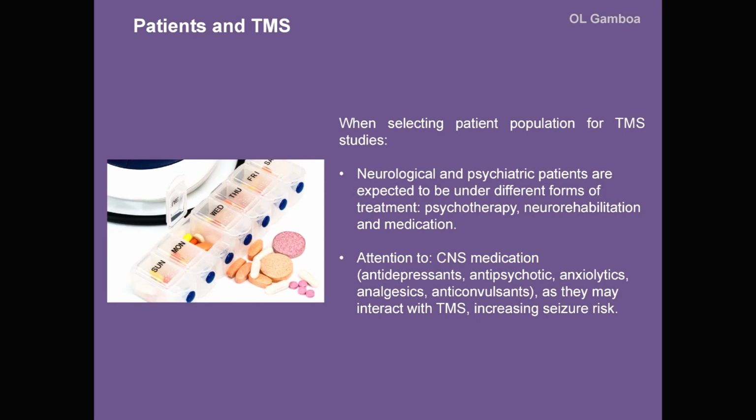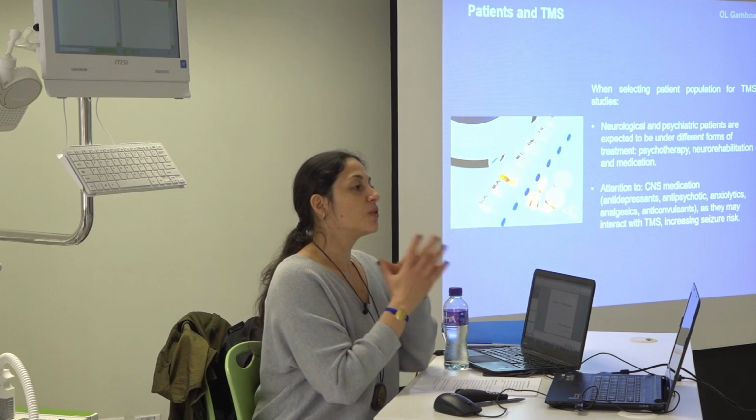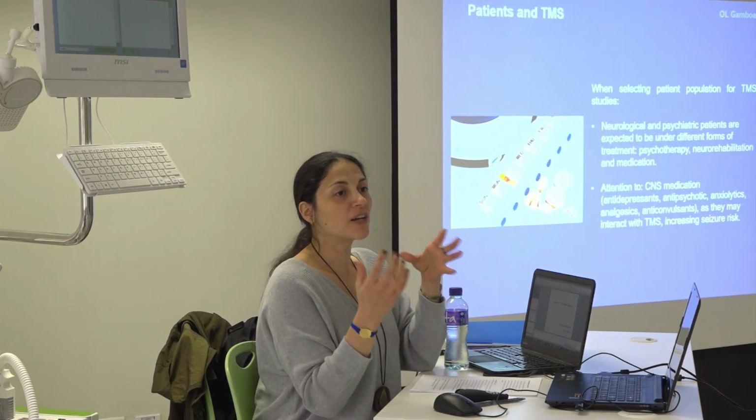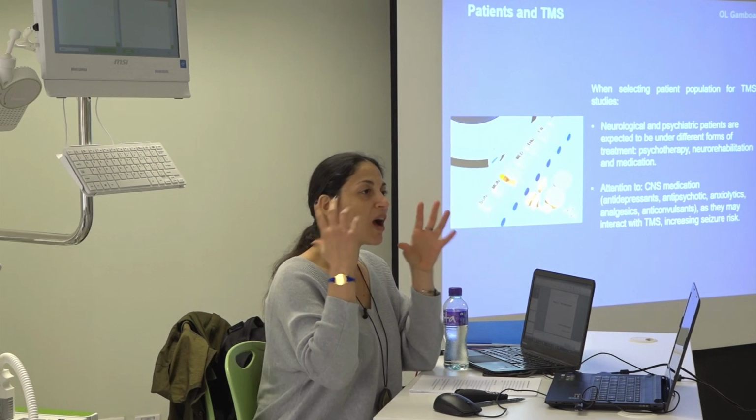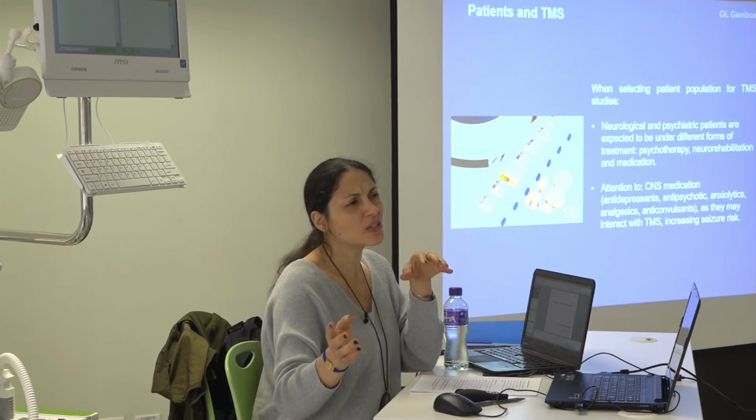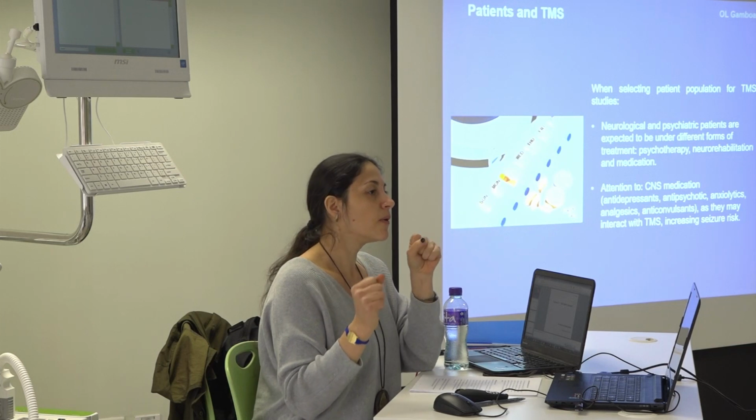So, when you are selecting, obviously here we are talking about patient population, because in some cases you will work with patients. You always need to expect that when you are working with patients, they are taking medication. You need to have this in mind. Don't think, maybe they are not taking it. You need to think that not only are they taking medication, but probably they are following other types of therapy. This can interfere with your experiment or with your treatment. You need to consider this when planning your experiment.